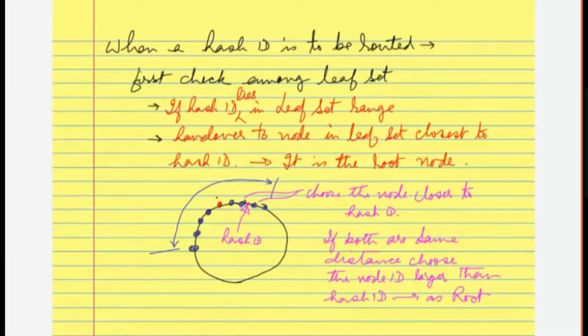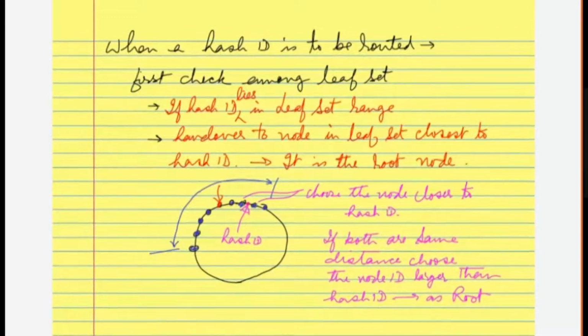So if this node gets a hash ID which is at this point, and there is no closer node, this is the only closest node as per the routing table. I will talk about what the closeness is. Then you start looking at your leaf set. So it finds out this ID is actually in between these two, so it will find out which one is closer. If both of them are equal, it will give it to the higher one as per the consistent rule.